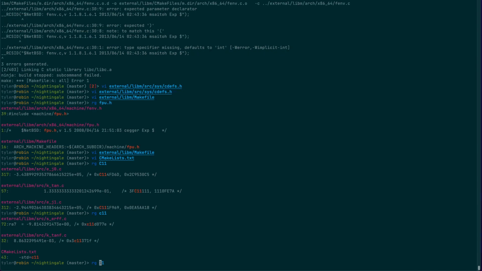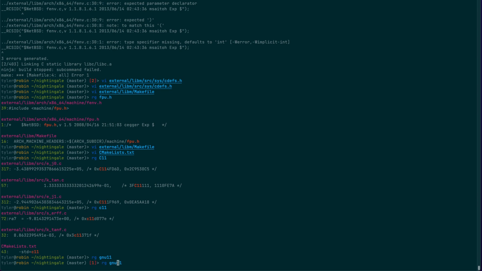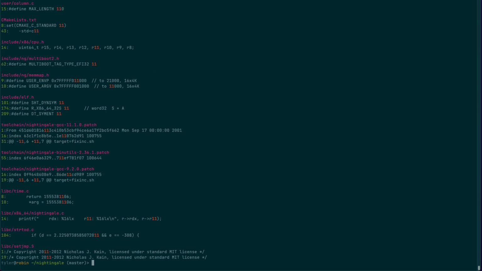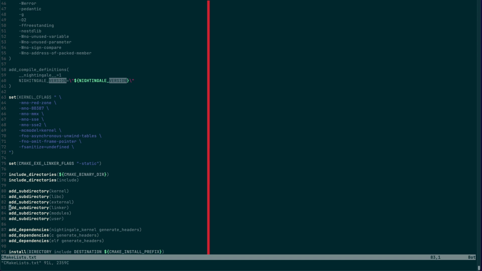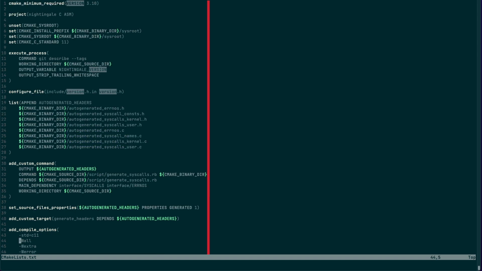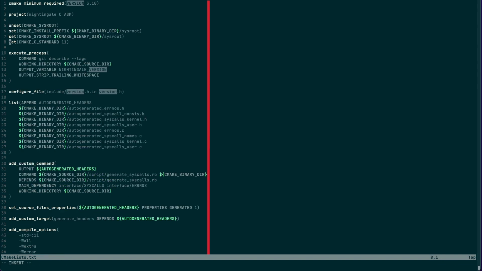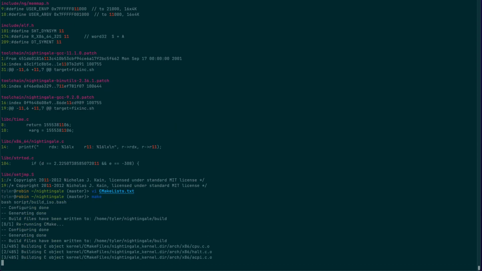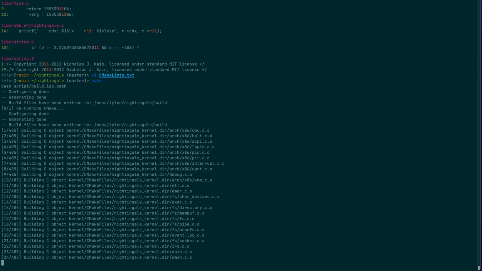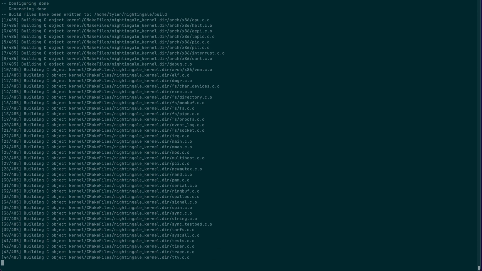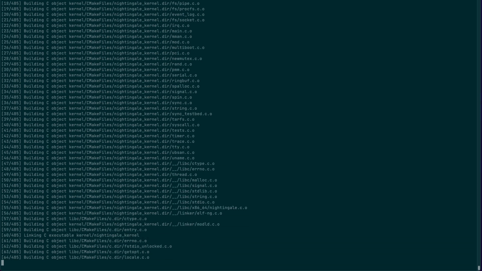I set standard equals C11. I never set GNU 11. If I grep for 11, I'm going to get, okay. So I set CMake C standard 11 somewhere else. Let's go ahead and turn that off. Oh, I did that right up at the top because I'm setting that elsewhere anyway. I don't expect this to make any difference whatsoever. But we can at least